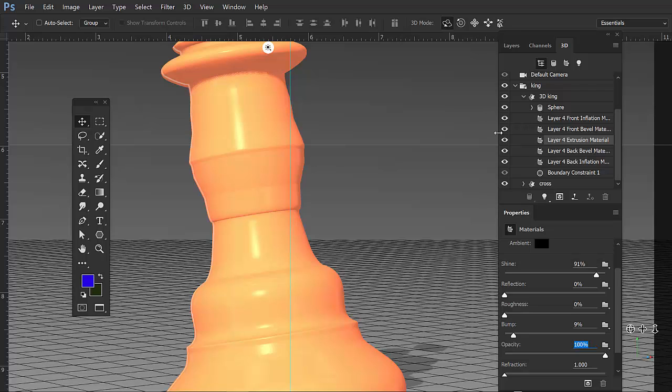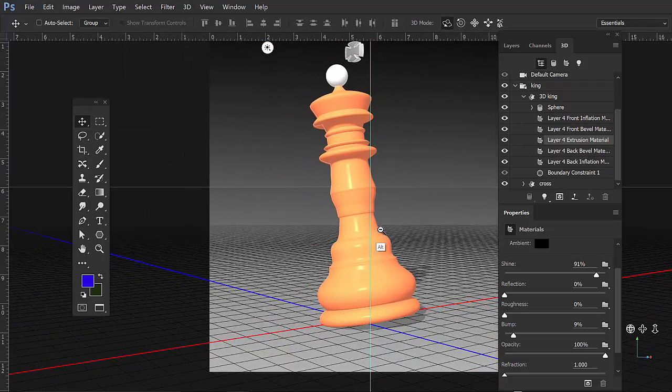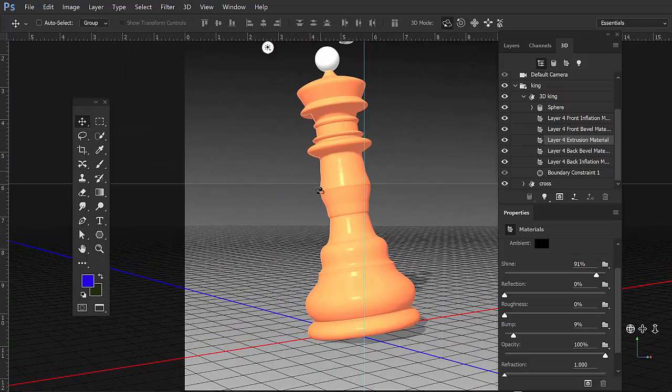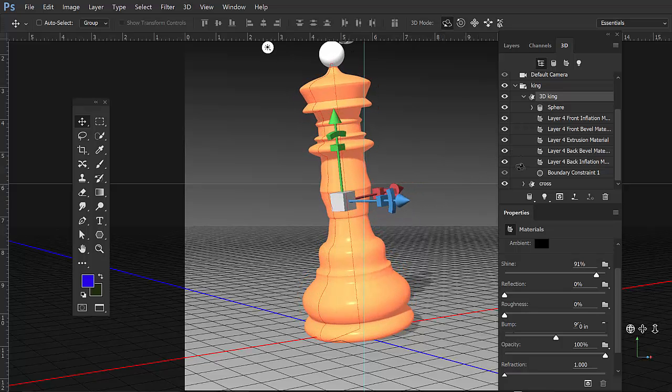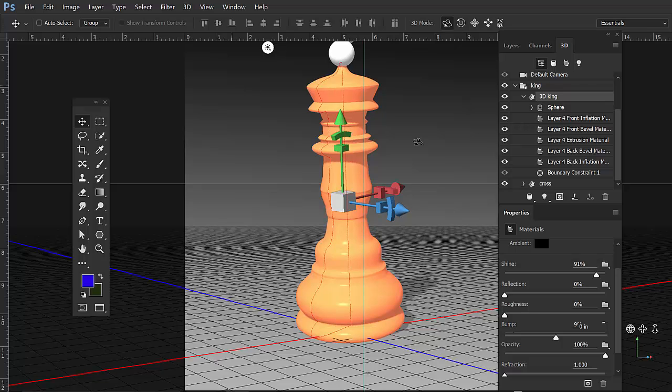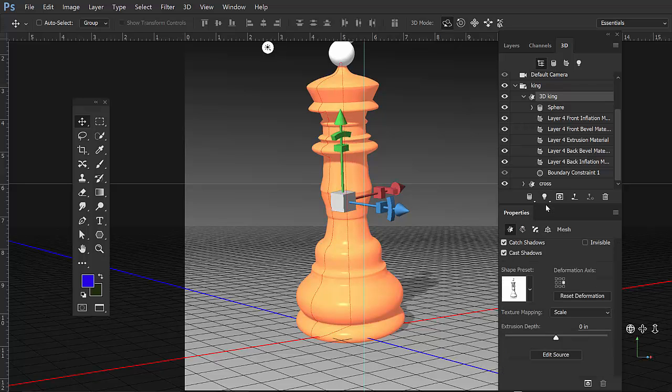Okay? Now, how about if we add some custom textures from Adobe? So Adobe has given us textures. I'm going to tap on the object and kind of rotate it around. Now remember, if we want to bring it back to default, we can go right over here to the 3D object. The king is chosen,